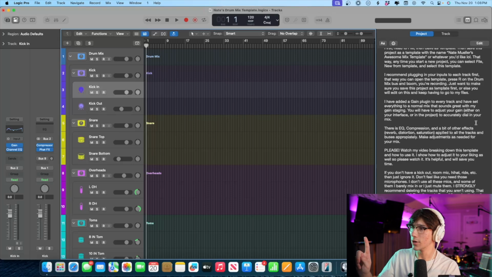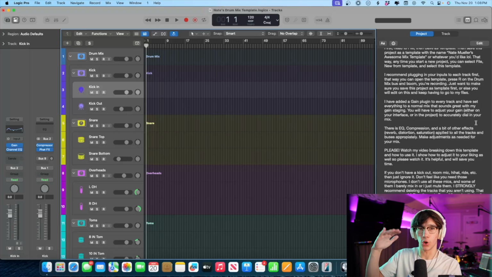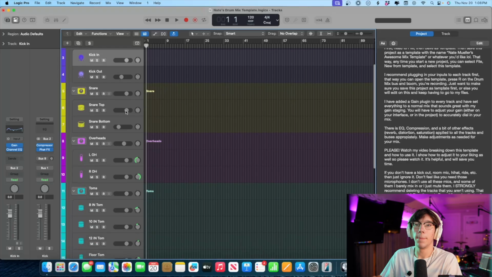Just listen up here. So gain staging, we want to make sure that all our levels are, especially on your interface, in the green at a pretty good range, but you're going to have to play with it. So these gain levels are already set to, I think, a pretty good level, but I've also added,